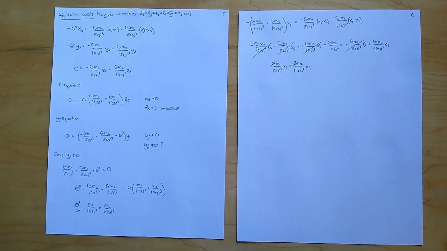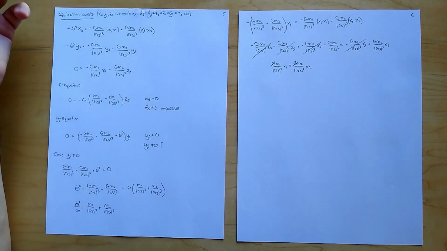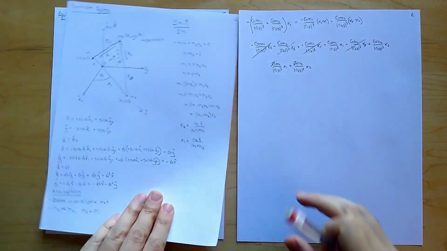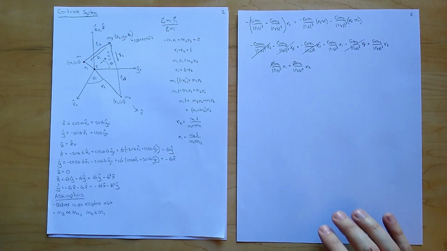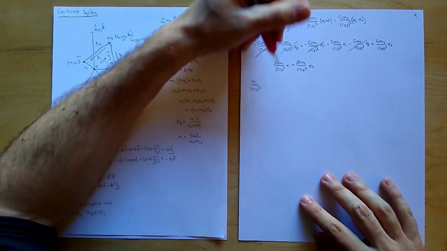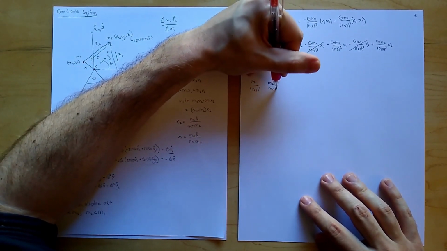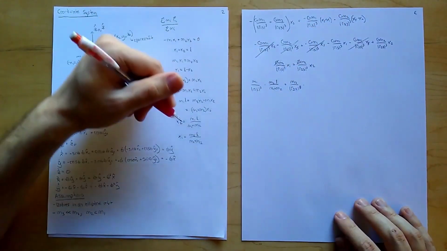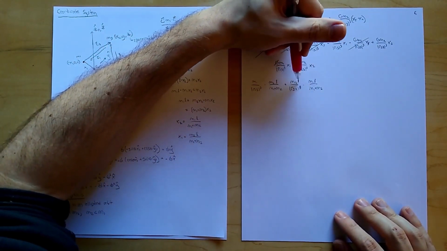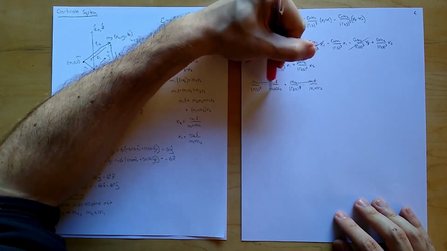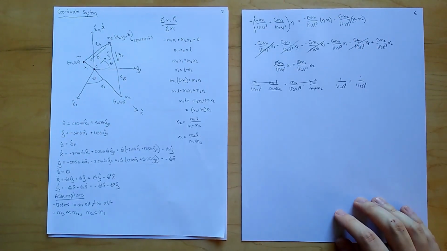And this looks like a good opportunity to take advantage of the fact that we can write x1 and x2 in terms of the other, or at least we can write them both in terms of L. So remember from this page, we have these relations. Let's go ahead and plug those in. So we're going to end up with times x1, which is m2L over m1 plus m2, equal to times x2, which is m1L over m1 plus m2. Notice that we can cancel out all of these. The denominator is m1 plus m2 and the numerator has m1 m2 times L, so those all go away. And of course we can flip these, which means that